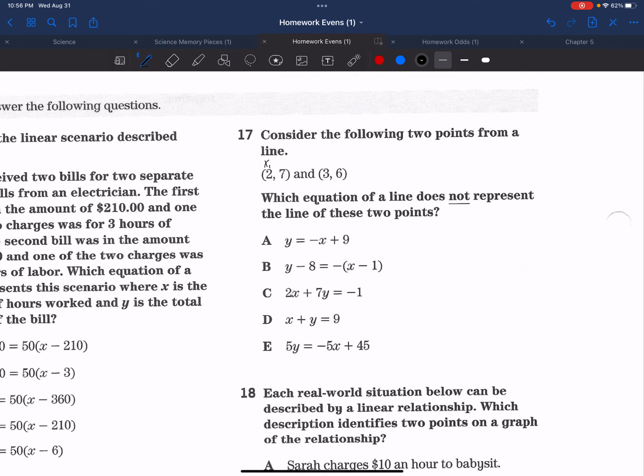Sure I am. x1, y1, x2, y2, and here's the slope formula: y sub 2 minus y sub 1 over x sub 2 minus x sub 1. 6 minus 7 is 1. That's negative 1, excuse me. And 3 minus 2 is 1. So slope is negative 1. Well,